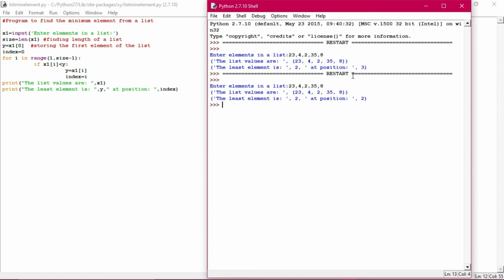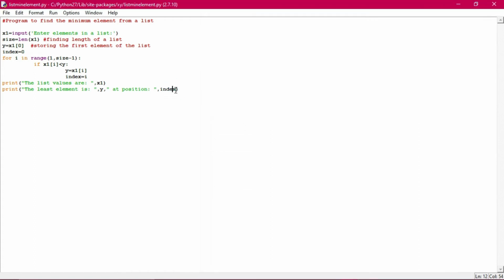So then what we have to do is update it. If a programmer sees this particular output, they will understand. But if any other person sees it, they will not be able to understand. That's why we have kept it like this, plus 1. Okay, plus 1, so it will show you the correct position. All right, that is the thing.